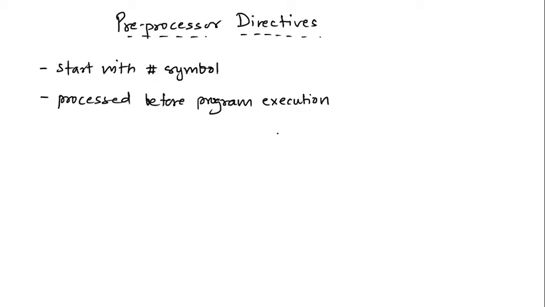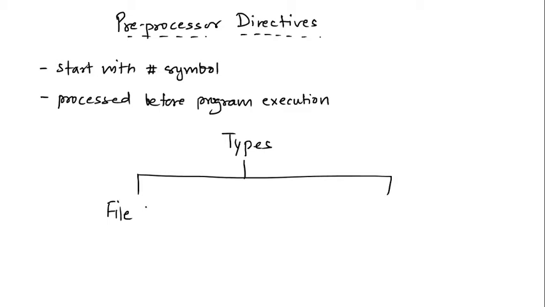Now, what are these preprocessor directives we have? If at all you want to go for types of preprocessor directives, broadly we can have two types. The first one is called file inclusion, and the second one is called macro or defining constants. This is what I was talking about. So, let us look at the first one, file inclusion.